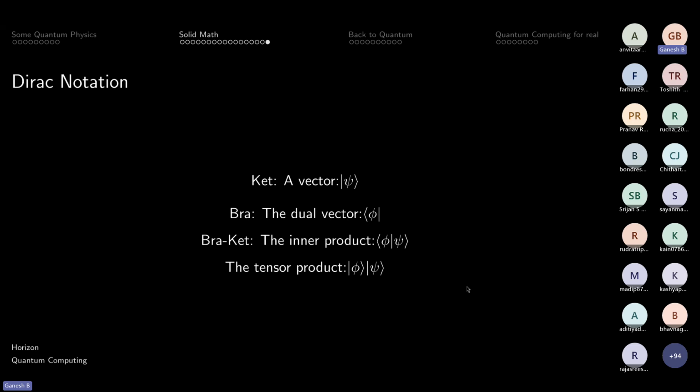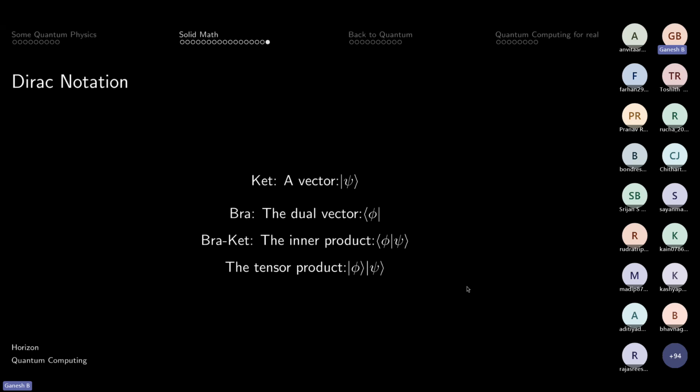It's called the Dirac notation or the bracket notation. It might seem scary, but if you look at it, it's very convenient. A ket is just a vector denoted with a bar on the left side and an angular brace on the right. A bra is the dual vector to that ket vector, defined with a left arrow and a bar at the right. It's convenient because when you take the inner product, you just match the two bars together. The bracket is just the inner product, which you represent by merging those two bars together.